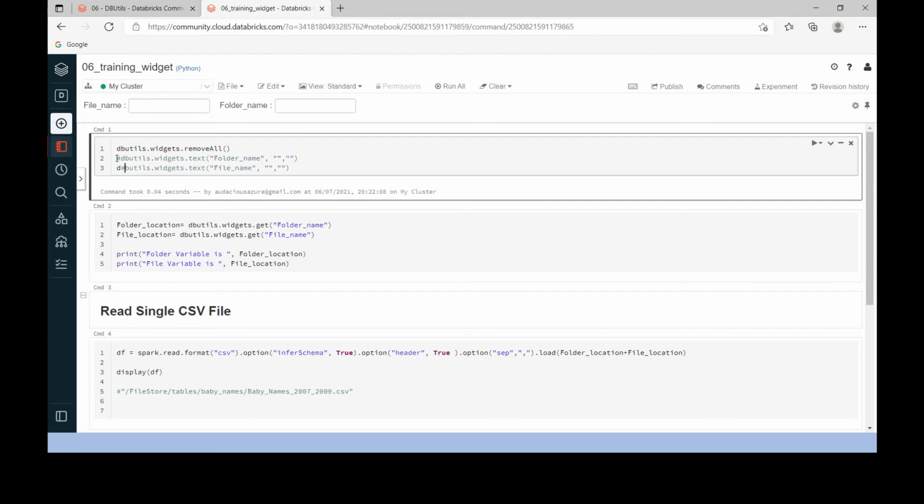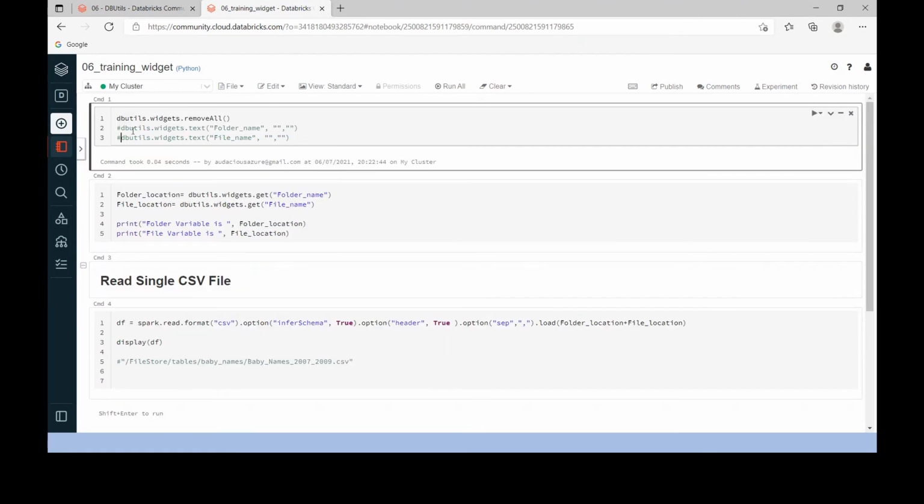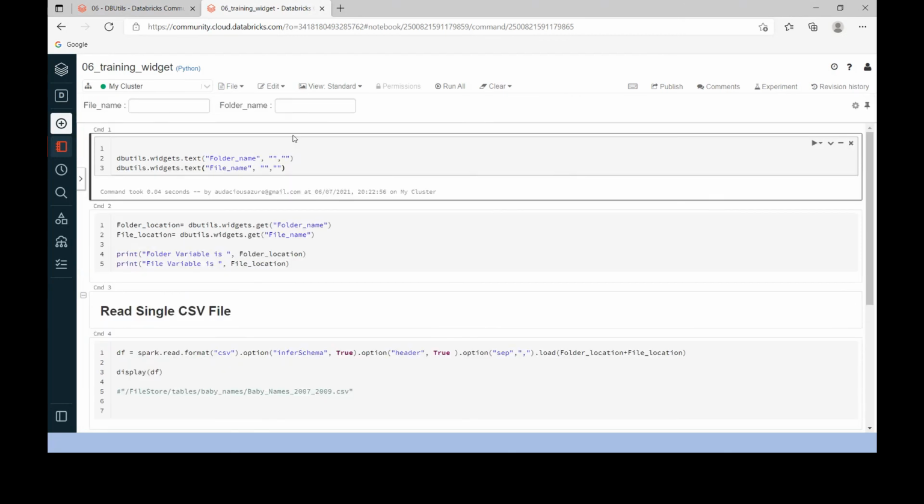Let me comment these two commands. Execute this one. It has removed all the widgets. Let me execute. Now you can see there are no widgets. I am going to create the widgets once again. It got created, file name and folder name. So this is how we can create a widget.